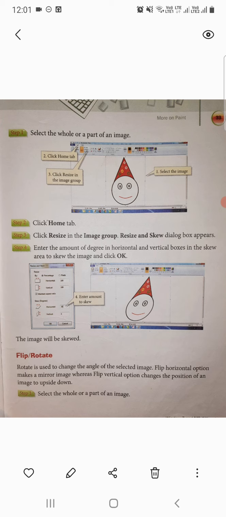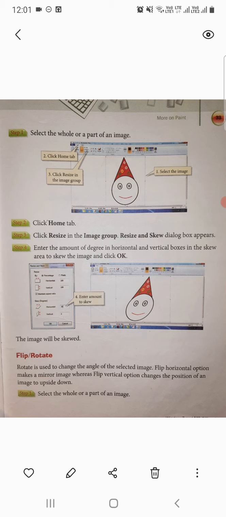Select the whole or a part of an image, and you can use the rotate option or flip option to rotate your image. In the Image group you will find the rotate option. Under that rotate option you will find other sub-options available: rotate right 90 degrees, rotate left 90 degrees, rotate 180 degrees, flip vertical and flip horizontal.